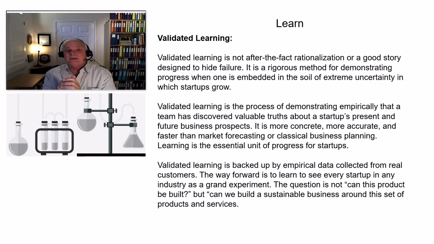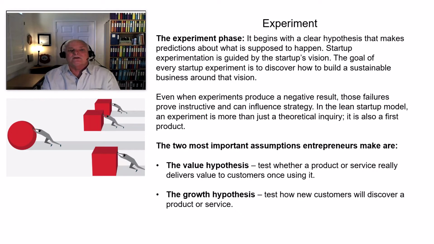You may need to pivot and say, we have to shut this startup down. The philosophy is that it is there to make money and to move forward in a positive direction, but you have to remember your customer base is going to drive that. Now, the experiment phase, he's talking about a couple different philosophies here. The two most important assumptions entrepreneurs make are, one, the value hypothesis and two, the growth hypothesis. Those two pieces together give you an understanding of if you are going in a successful direction.